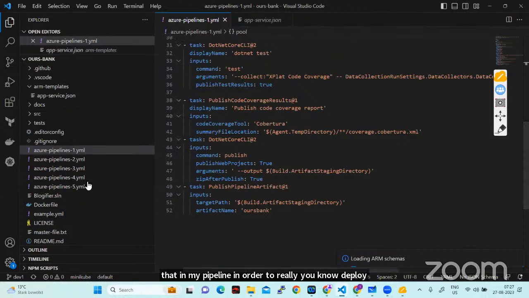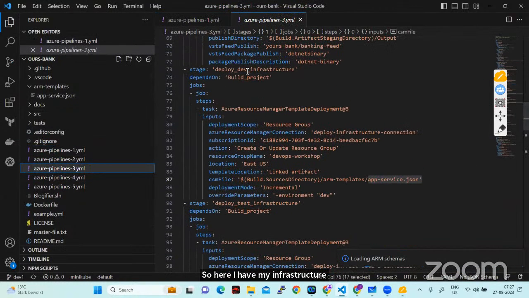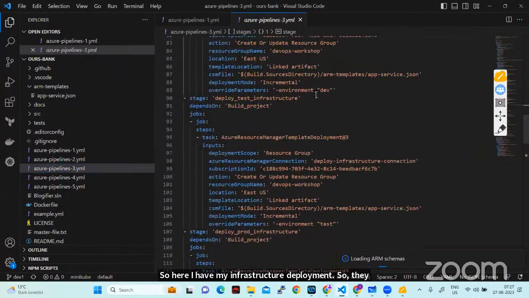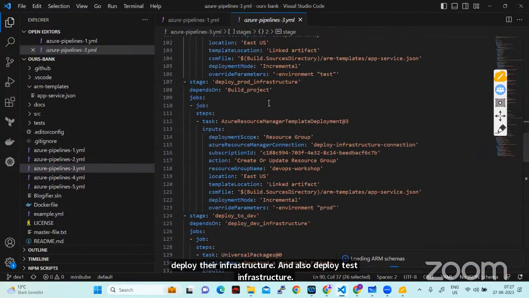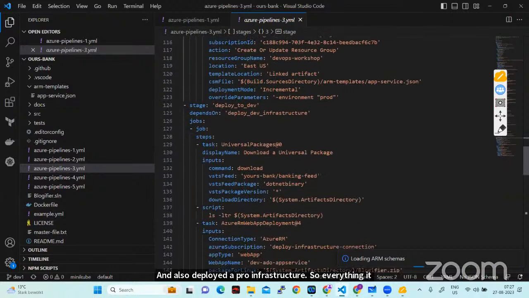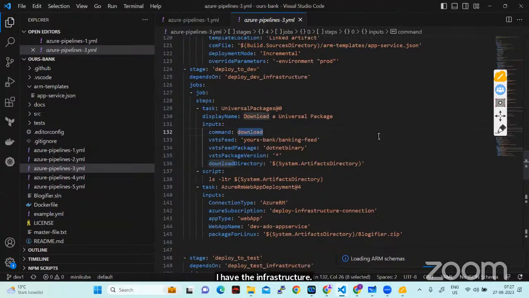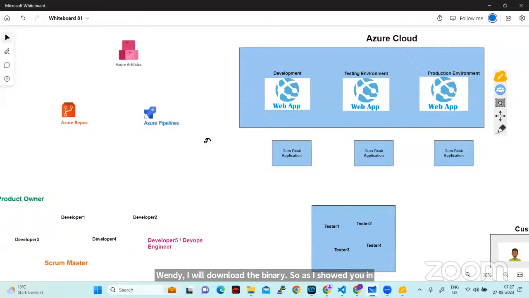So here I have my infrastructure deployment. So deploy dev infrastructure, and also deploy test infrastructure, and also deploy a prod infrastructure. So everything, the web app, will be deployed, and then come down. Once I have the infrastructure ready, I will download the binary. So as I showed you in the diagram, what I actually showed you in here,